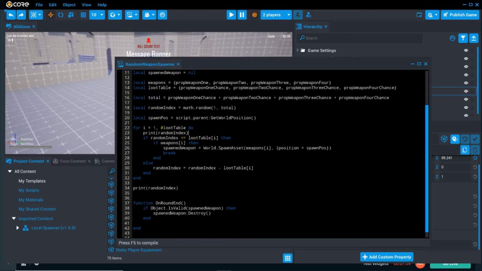And it did. And then we say if the random index is less than or equal to loot table I, so that I is right here. If we're going through this loop the first time, that I will be 1, which will equal the first index, which is right here, prop weapon 1 chance. So it's basically saying if our random index that we generated right here is less than or equal to our prop weapon 1 chance, then if we have a weapon in the array, if weapons index 1, because we're still on 1, this is our first iteration through the loop,